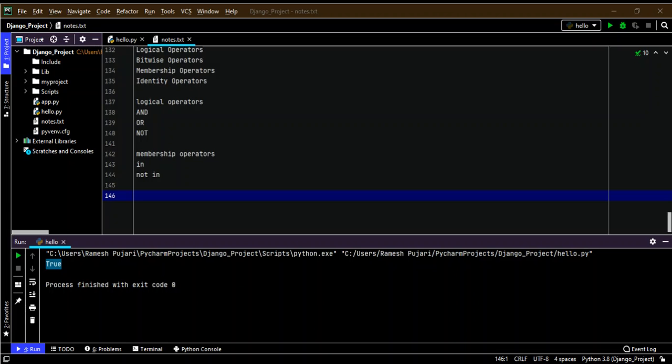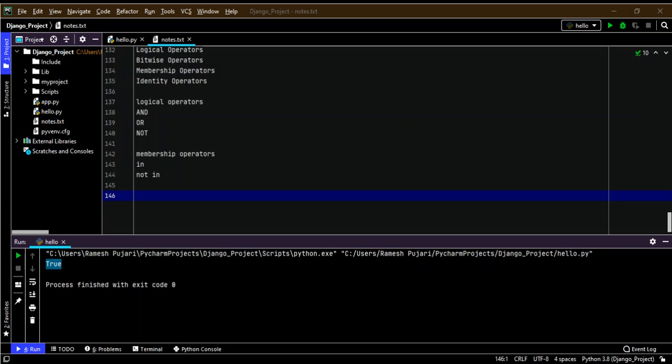First one is the if statement. The if statement is used to test specific conditions. If the condition is true, then the block of code will be executed. And the if else statement is similar to the if statement, except it also provides the block of code for the false condition. If the condition provided in the if statement is false, then the else statement will execute.